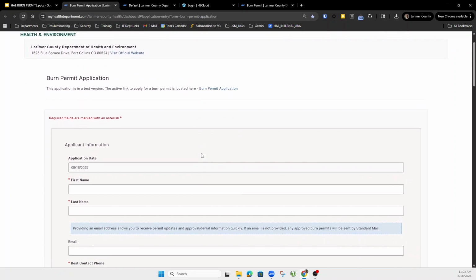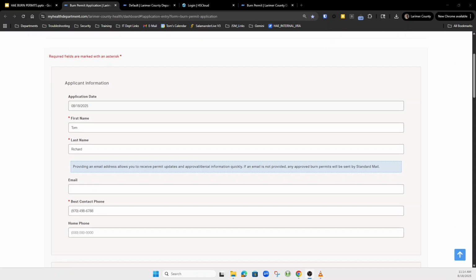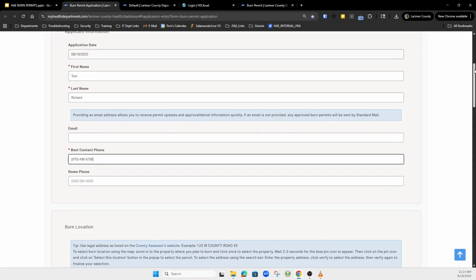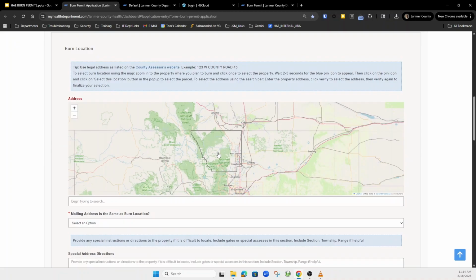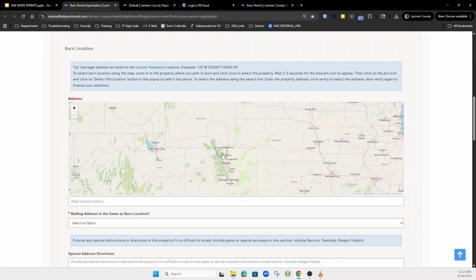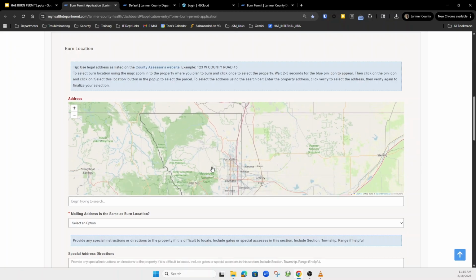So there will be some required fields, and I'm just going to fill those out now. All right, so I've got some dummy data in here. I'm going to scroll down, and this is where the applicant's actually going to list where they are going to be conducting their burn. There's two ways they can list the actual area. One is to select on a map, basically the parcel that they're going to be burning on. So if I zoom in and I say I'm going to be burning right there